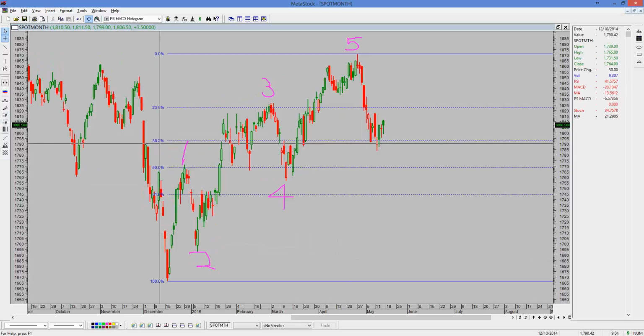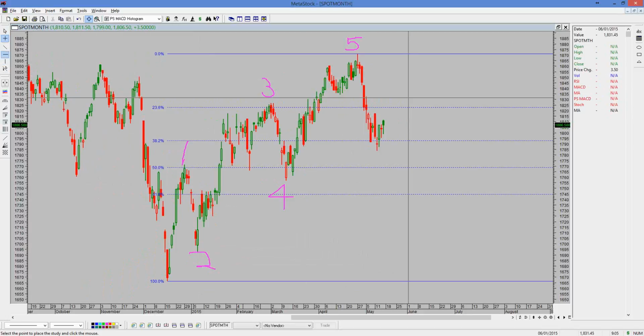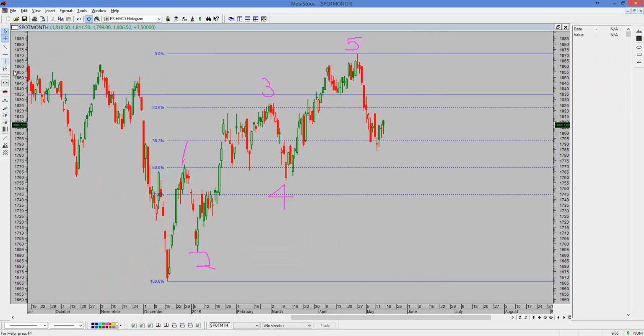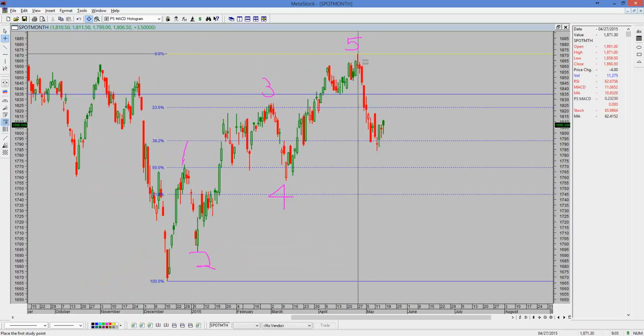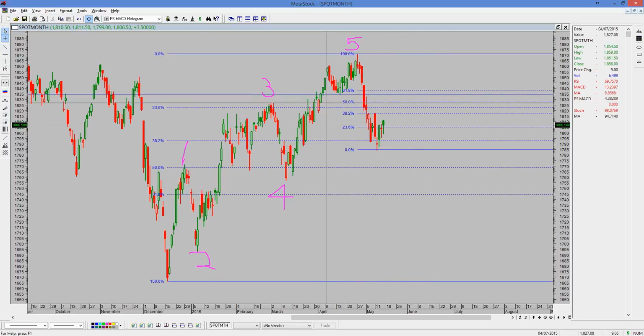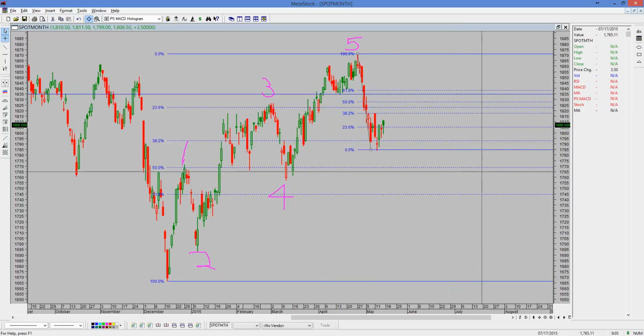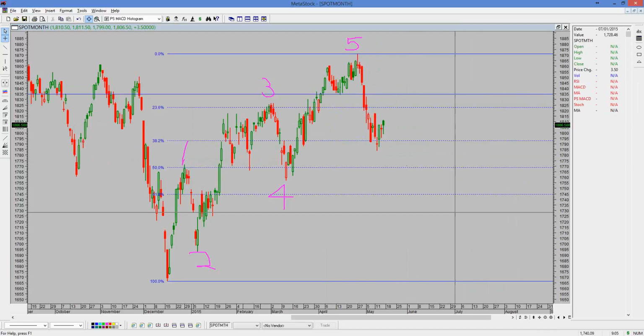The question now is where should it be heading? For the first level, I expect a minimum retracement up to the future level of 1835. How I come out with this level is based on the future retracement, right at this level which is 61.5%. The question now is how far it can go, and before I conclude how far it can go,